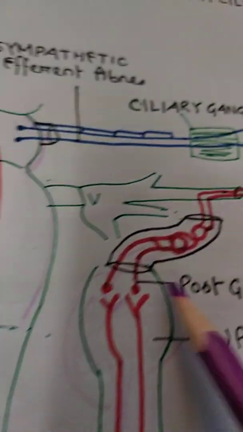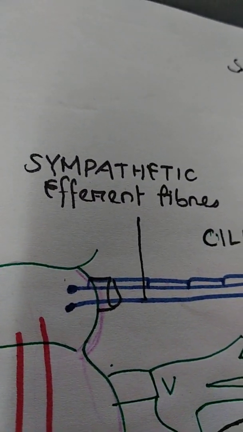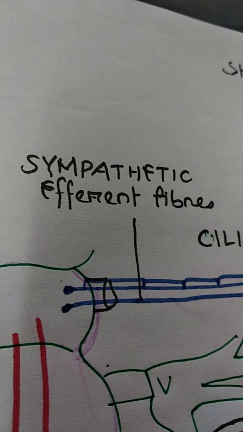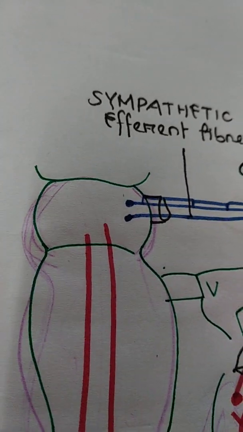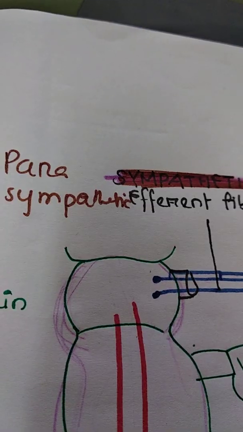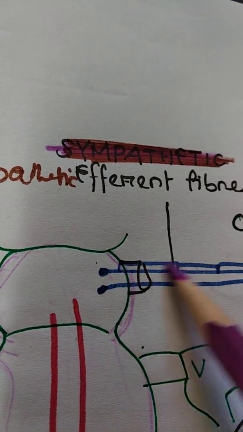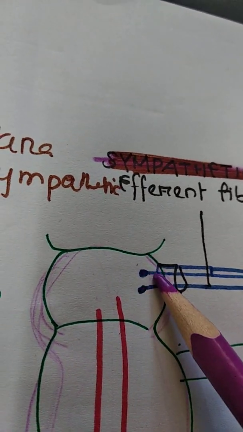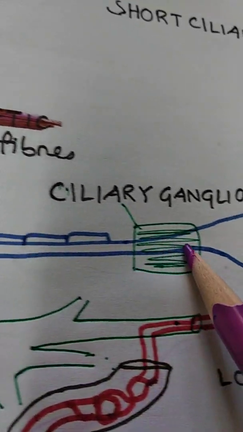Let us compare with the parasympathetic fibers. The parasympathetic system is also called the craniosacral outflow because it arises mainly from the cranium region, right? Here you can see the oculomotor, the third cranial nerve. This is mainly a parasympathetic efferent fiber which arises from the midbrain and goes towards a ganglion